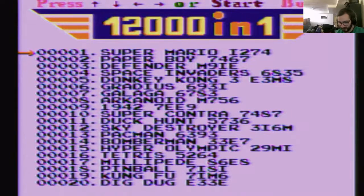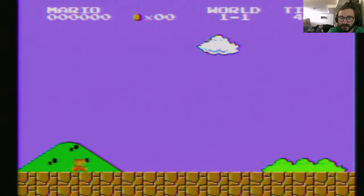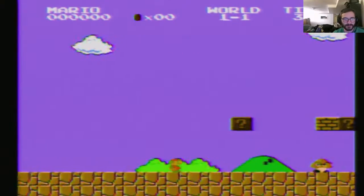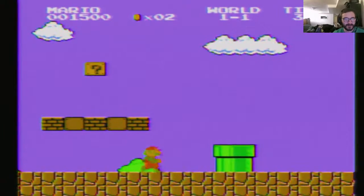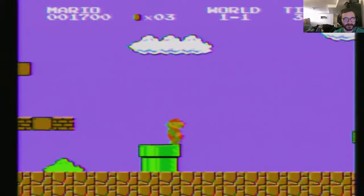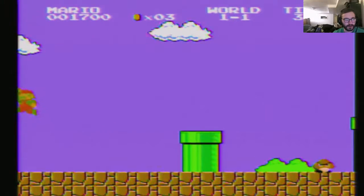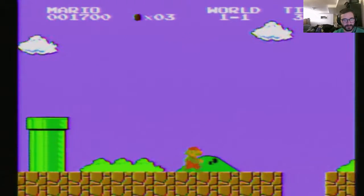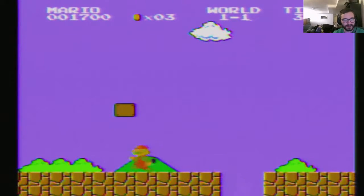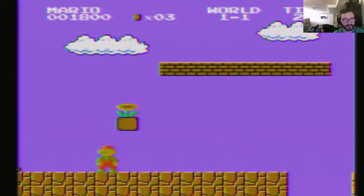Okay, what's Super Mario? Start button. Oh, it's just the original Mario. Wait, what's wrong with the music? Oh god, this thing can't do sound right? Hold on a second. Wait a minute. Are the B and A button... It's a turbo button. The top 2 rows of buttons are turbo. Mind you, they're shit turbo, but...